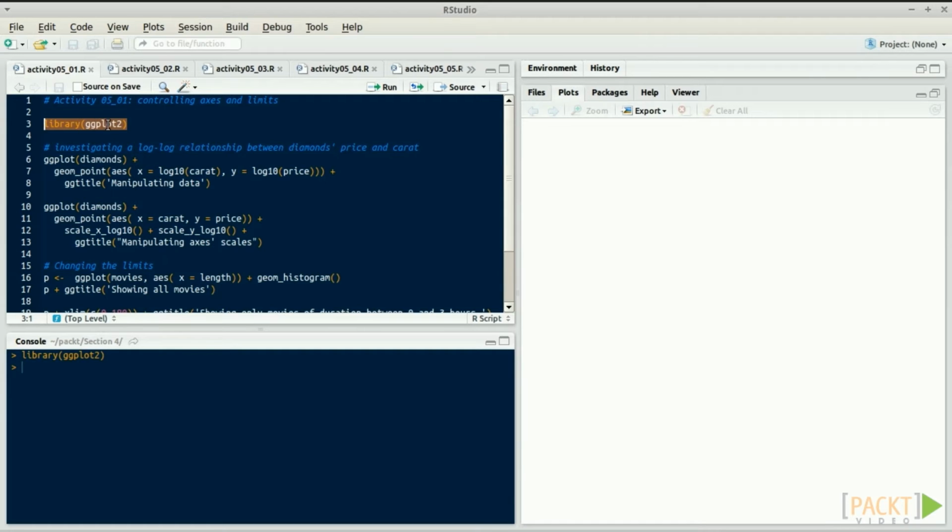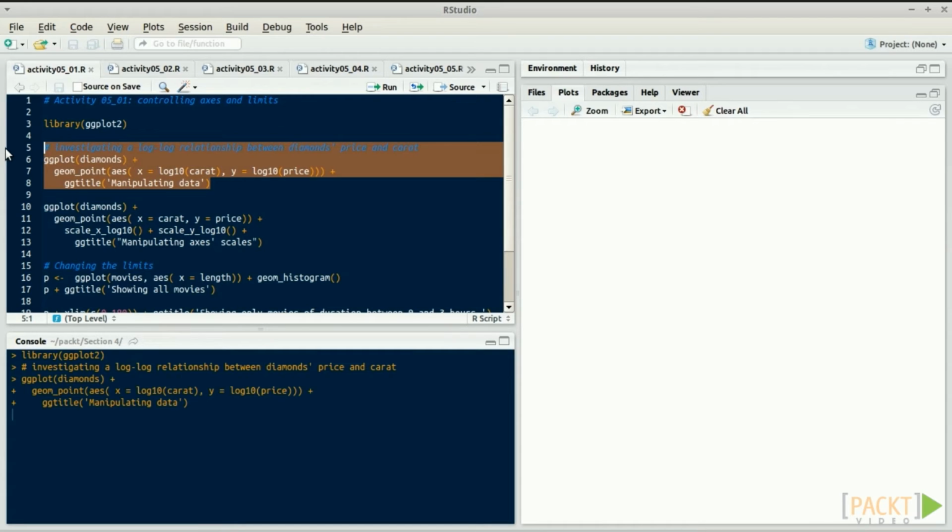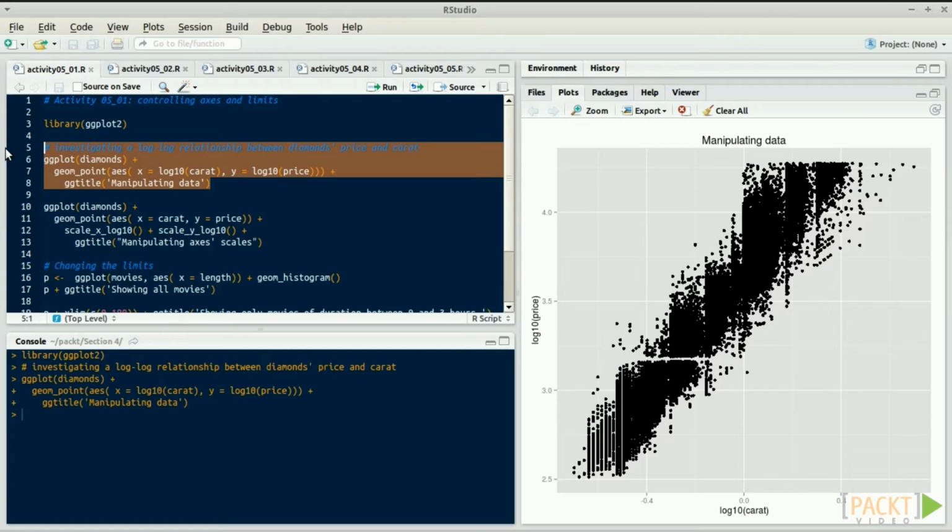Using our usual diamonds dataset, we want to plot carat versus price on a log-log scale. A simple way to achieve this is to directly transform the data, replacing price by log10 price and carat by log10 carat. Run the first example. We see a very clear linear relationship on the log-log scale, which suggests that the price is the carat with some exponentiation. However, the axes are difficult to read. Reading 3.5 on the y-axis, for example, means a price of 10 to the power 3.5, which is